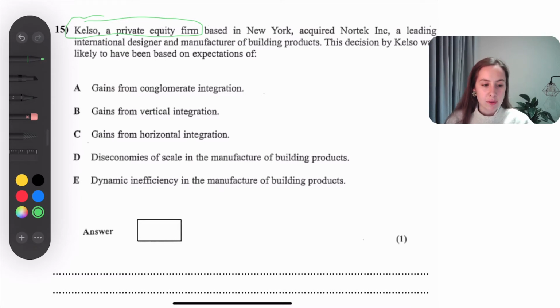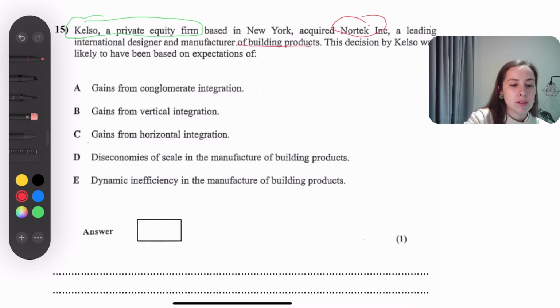So that's a private equity company. So immediately when they're buying a company, I'm thinking, okay, they want to make a profit. They see a profit opportunity. So they want to buy Nortec, and this is a design company and a building company. And I was going down the list and I was thinking, okay, what kind of profit opportunity could they be seeing in Nortec? And I saw the idea that they could have